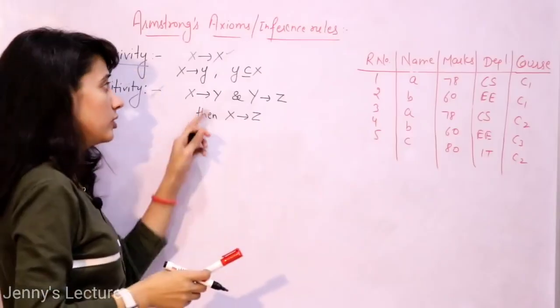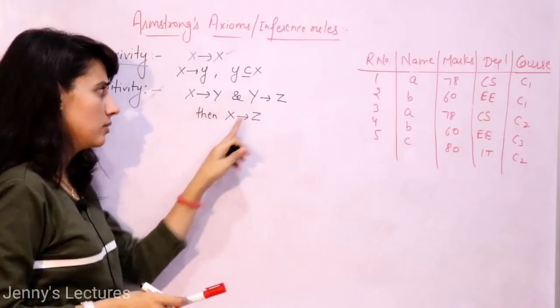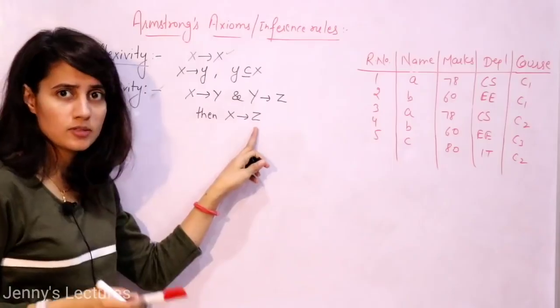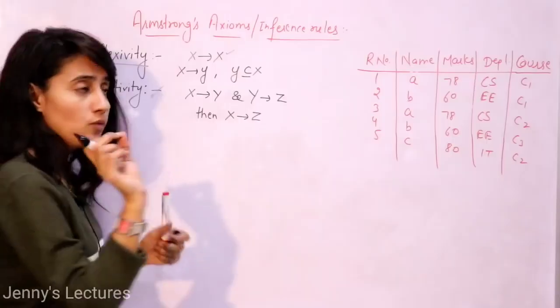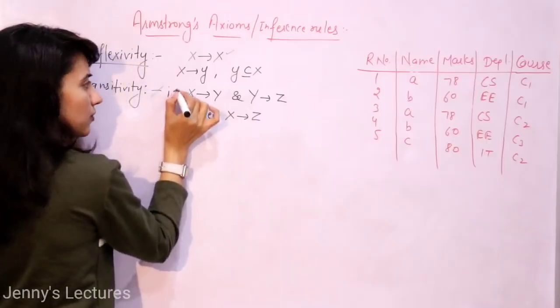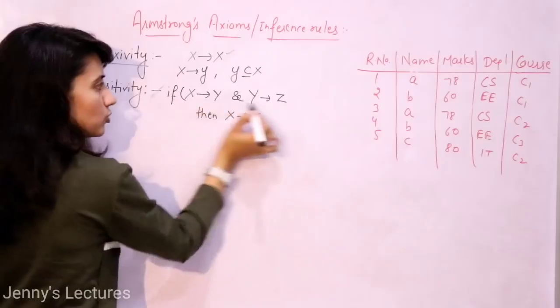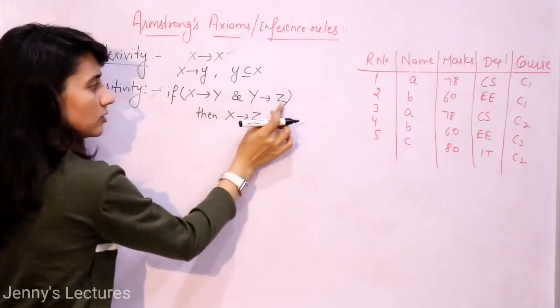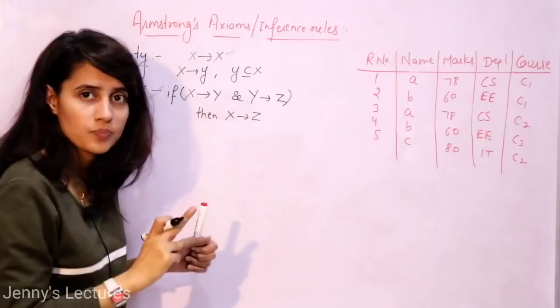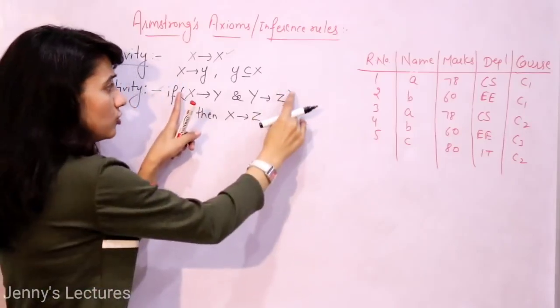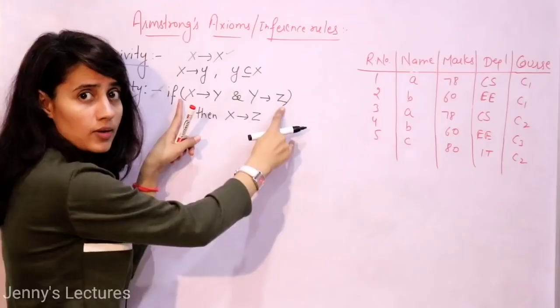Or maybe simply you will say X determines Y, Y determines Z, and X determines Z. This is the transitivity rule, right? But here one word is very important. If X determines Y and Y determines Z, then X determines Z. If these two conditions are there,